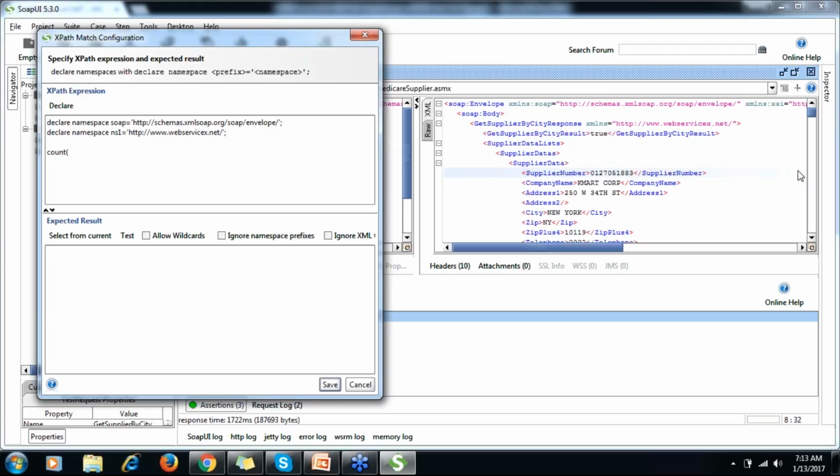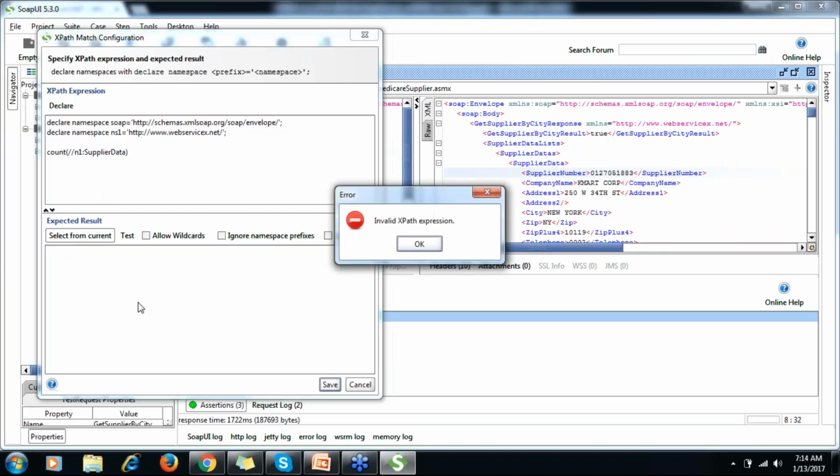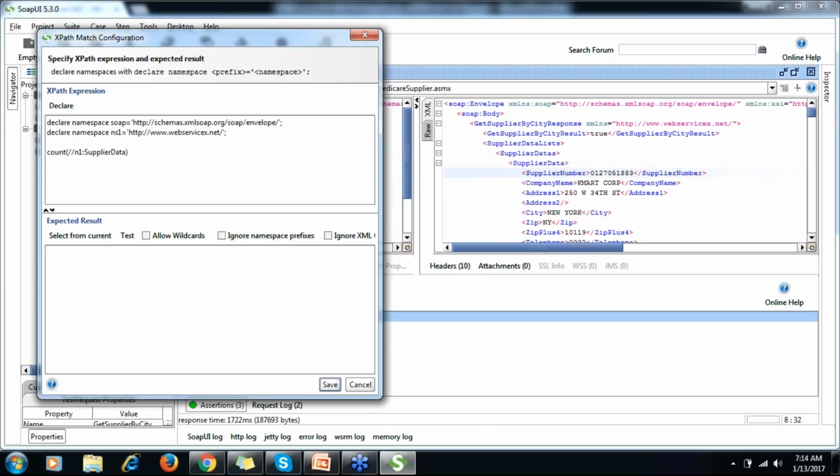So how can you verify in your response that only 50 suppliers are coming? So I can write count and then supplier data. Let me try if this works. I want to count this tag name. So this says invalid, because I put ns and then forgot the number; you have to put ns1.